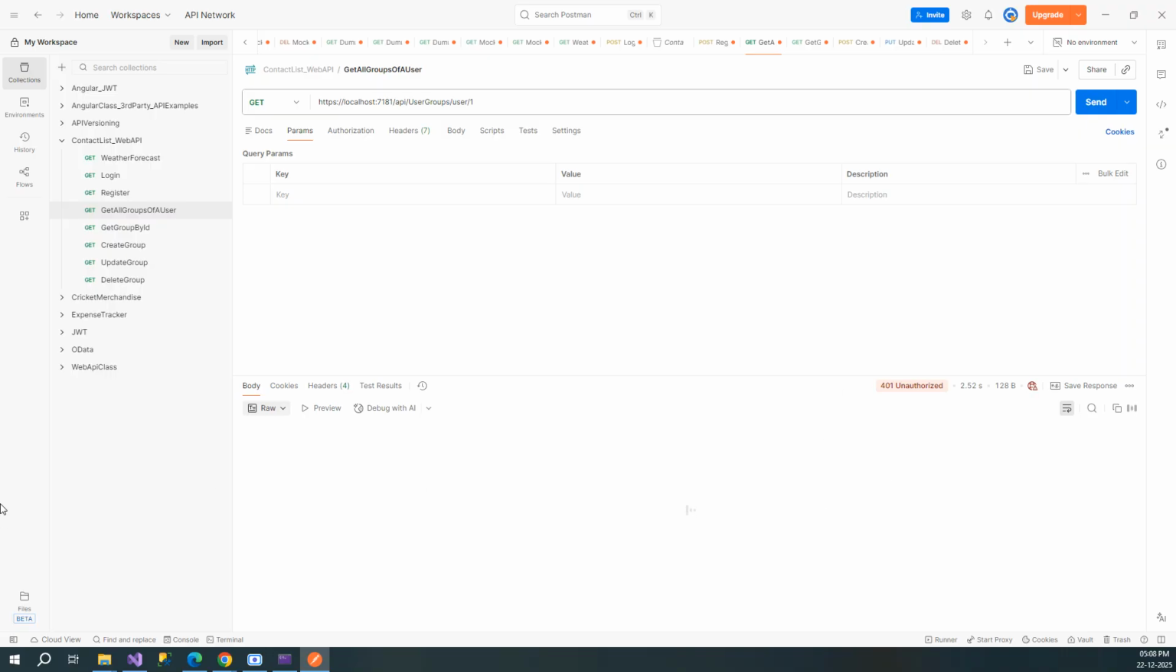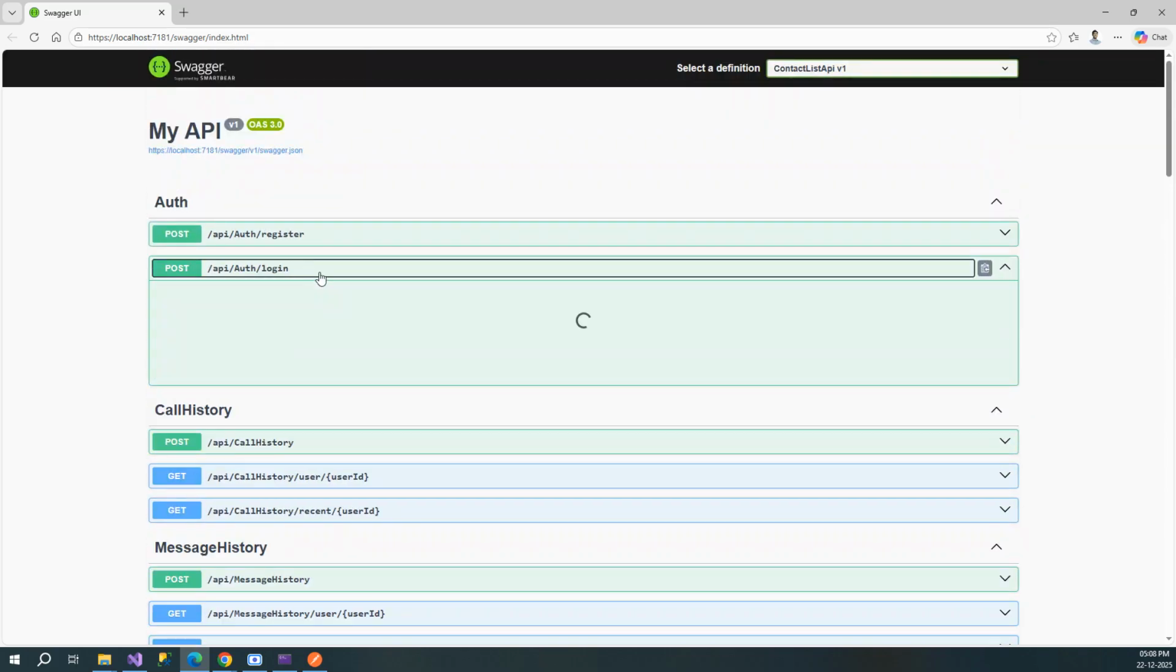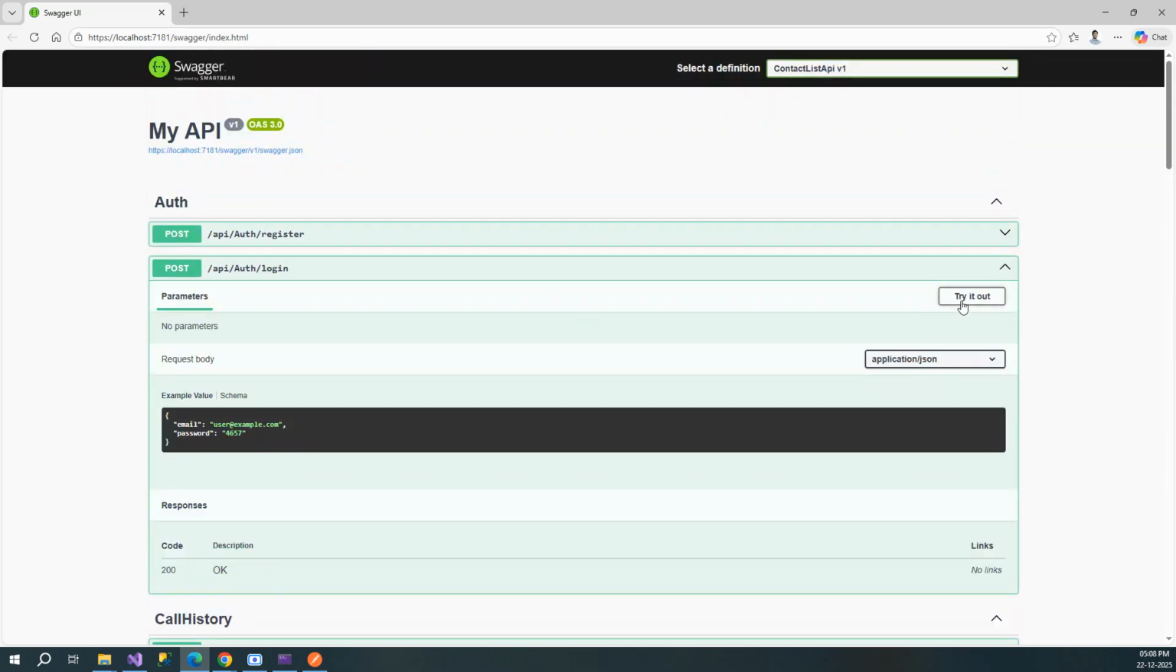See, it gives us the error 401 unauthorized, right? Basically, we are not authorized to call this method. That's what it is telling, right? Now, let's go ahead and generate the token. We can do it from here also. We can do it from Swagger also. Let's do it from Swagger itself. So, we'll go here, try it out,